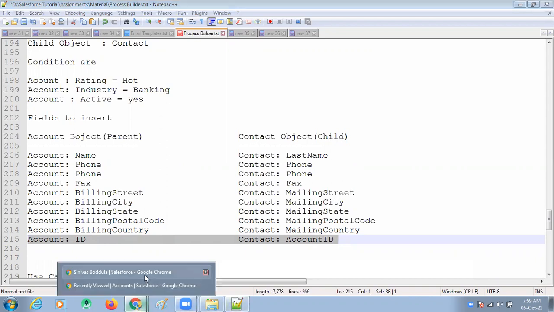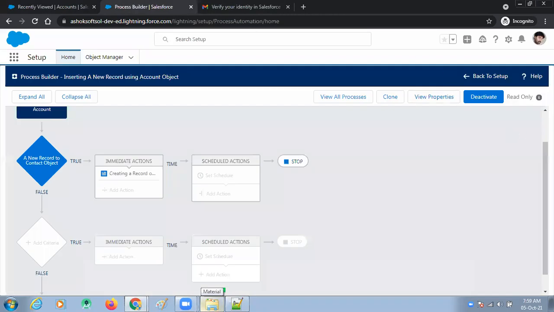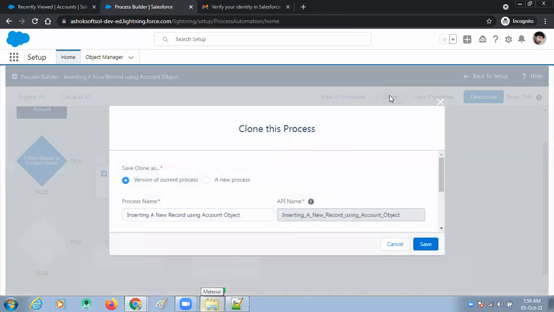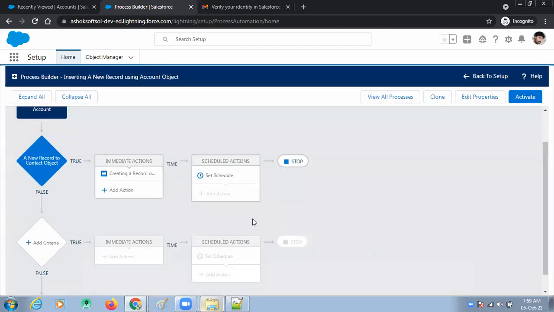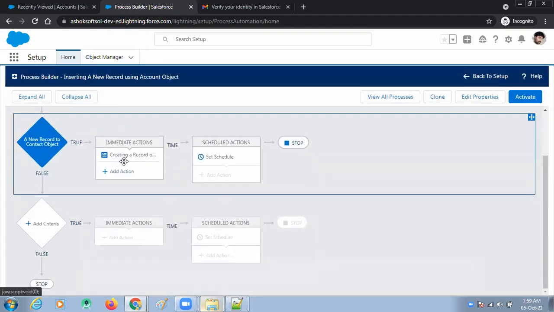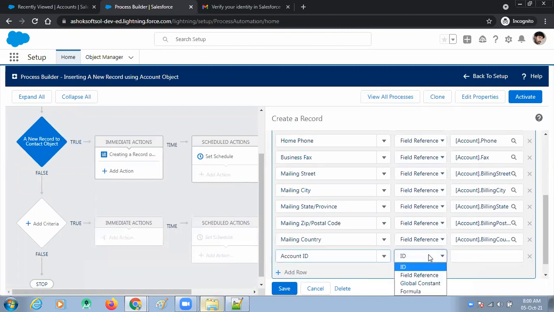Okay. Now I want to modify my process builder. I want to clone this, the same current process. Now I'm editing this, creating a new record. Look here, adding a row. Account ID is already populated.